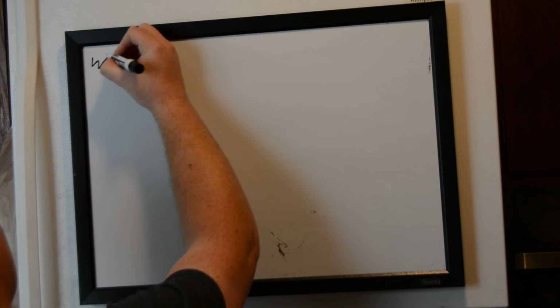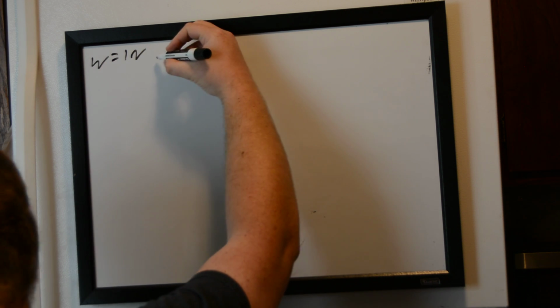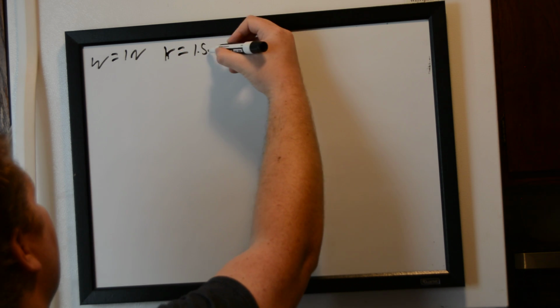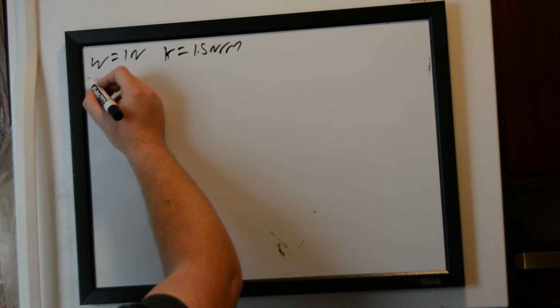Alrighty, 14.71. We're going back to old Newton. It says that an apple weighs 1 Newton, is hanging on a spring with a spring constant of 1.5 newtons per meter. So let's just go ahead and write this down. We have that our weight is equal to 1 Newton, and we have that our k, or spring constant, is 1.5 newtons per meter. And it bounces in simple harmonic motion, and if you stop the bouncing